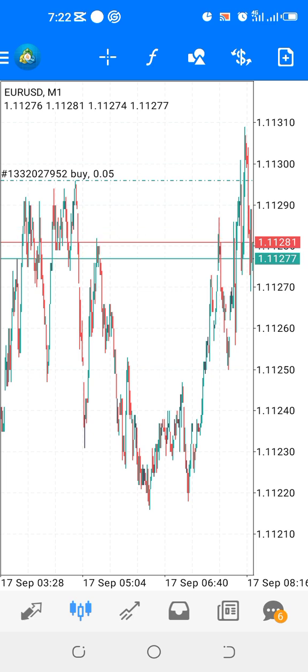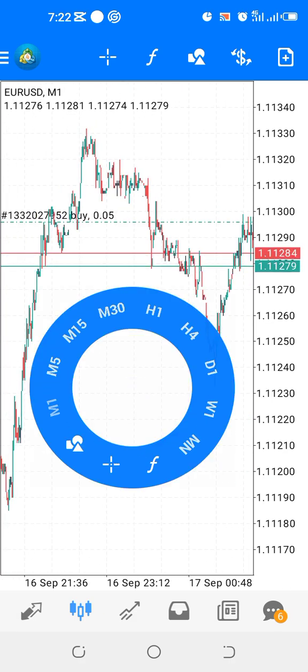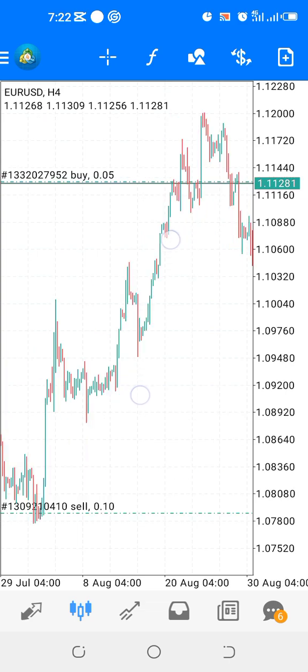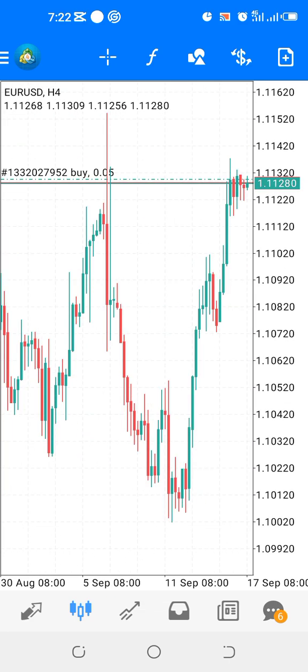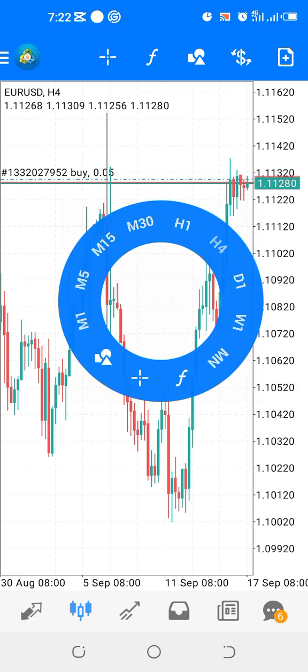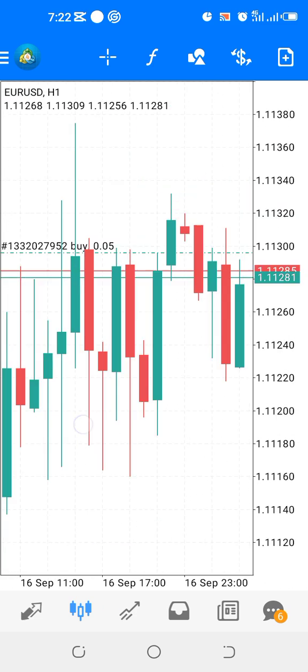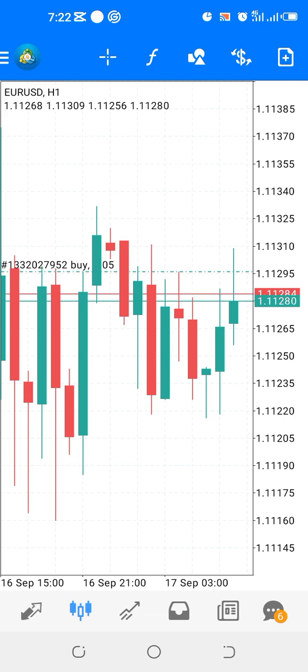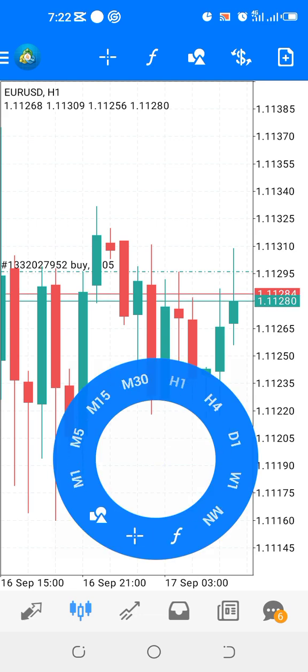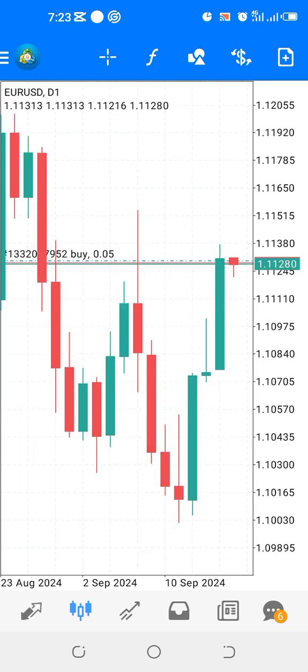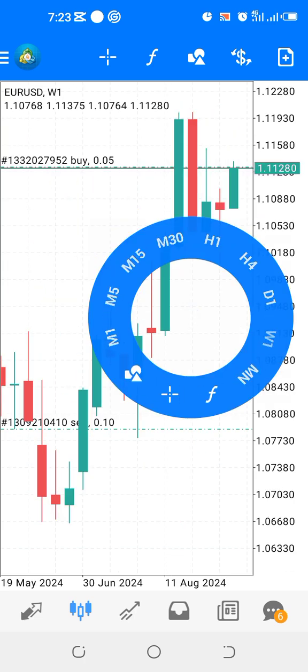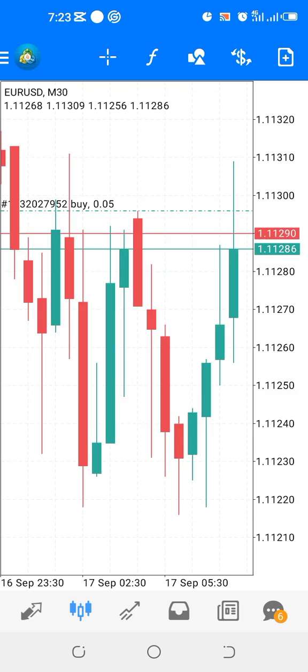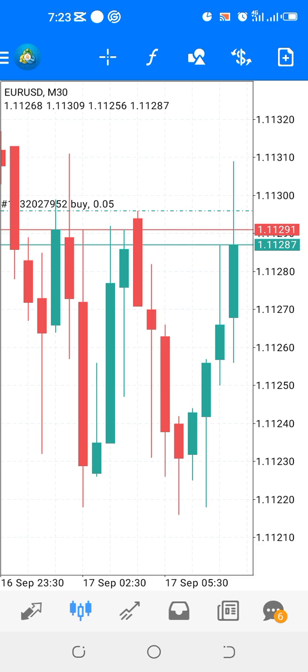This invariably means that if, for instance, you decide to trade on a 4 hourly time frame, ideally you have to be checking your trade every 4 hours. If you're on a 1 hour time frame, you have to be checking your trade every 1 hour. Each candle represents what happens within the last 1 hour. On a daily time frame, each candle represents what transpired in the last one day. Same thing with weekly, monthly or 30 minutes.